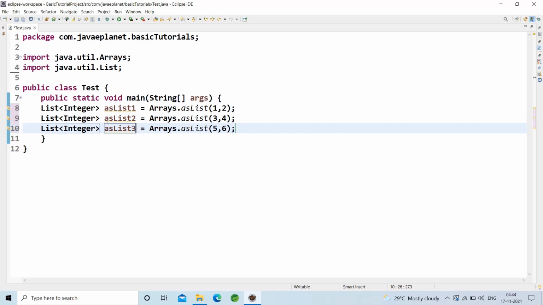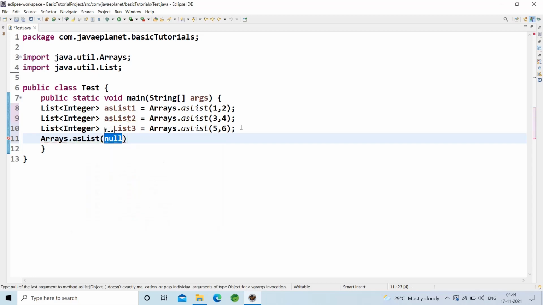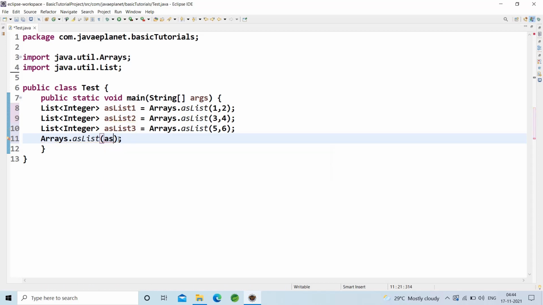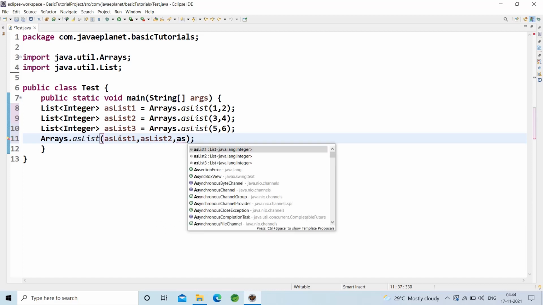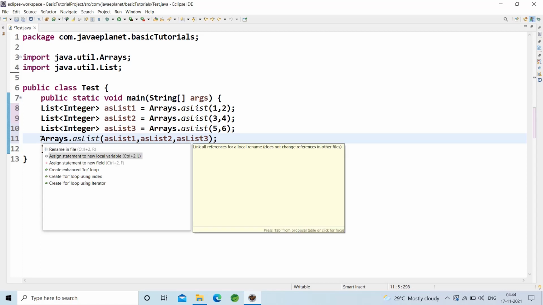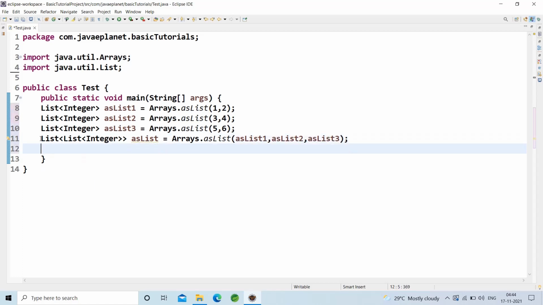And also I will take another array list by using the Arrays.asList. I am taking another list. What I am doing is I will simply pass these corresponding three lists here as list1, comma, list2, comma, list3. Press Ctrl+1, assign statement to new local variable, new as list. By using this asList